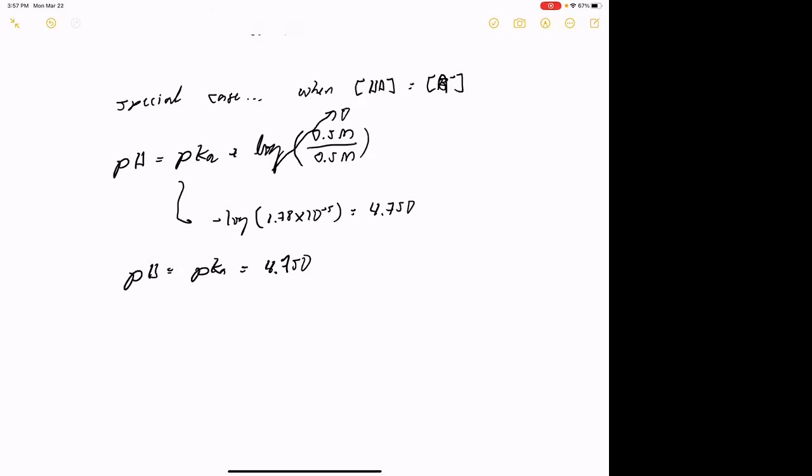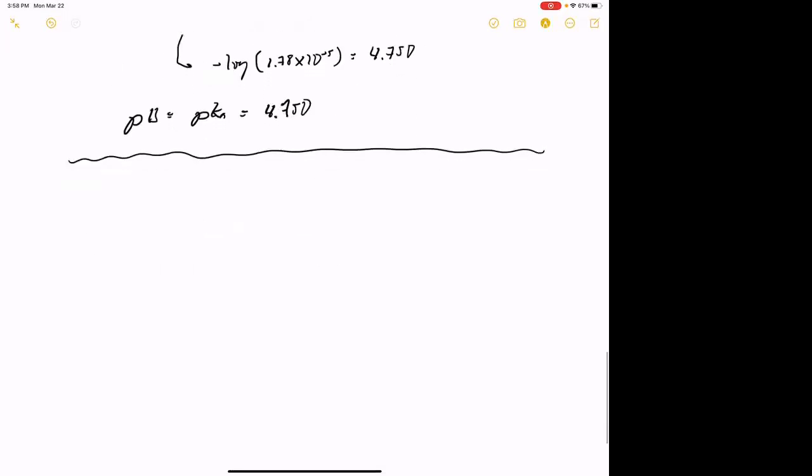All right, so let's take a look at a simple example of Henderson-Hasselbalch so we can make sure we understand how to utilize it. So here's example number 1. I don't think I gave you guys these, so I'll write them out. I want to know the pH of a buffer prepared by mixing